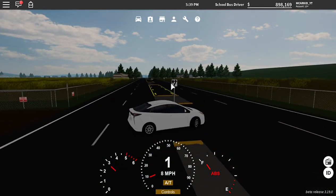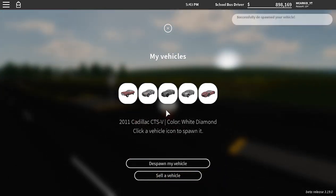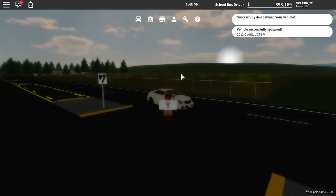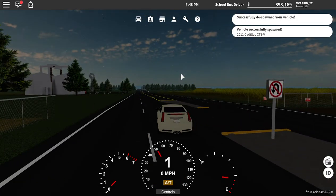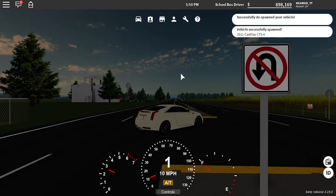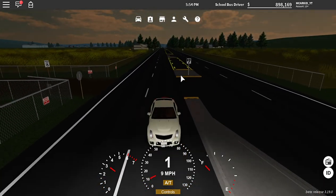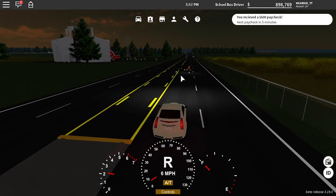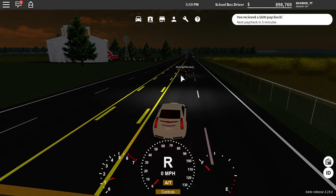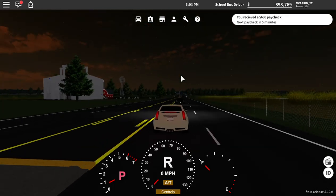Let's stop here and hop into the next car, which is the 2011 CTS-V. My overall thoughts on that Prius: don't buy it, really, unless you like Priuses. If you want a good roleplay car, go ahead. If you don't, then there's no point in getting it. But taillights, this thing on the other hand sounds